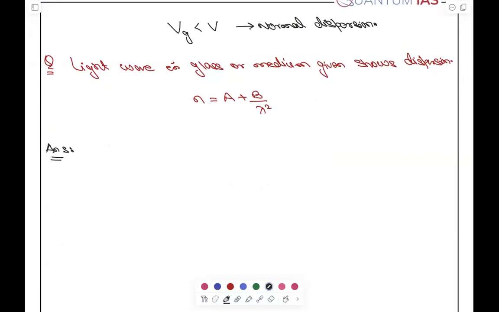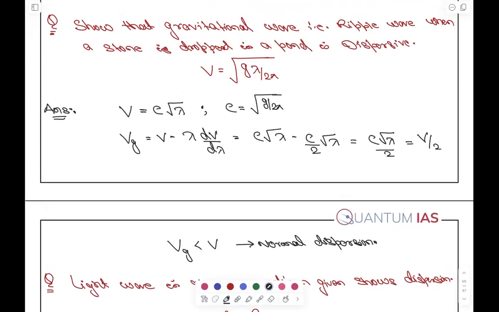सर, पिछले वाला जो लास्ट न्यूमेरिकल था उसमें रूट जी लैम्डा बाय 2 पाई है, तो सर इसको हम डायरेक्ट ऐसे भी तो कर सकते हैं कि v इक्वल टू रूट जी बाई के लिख दें, एंड देन vg इक्वल टू v प्लस k dv by dk? हाँ कर सकते हैं। d lambda, lambda और k में कोई फैक्टर तो है बस। यस सर।